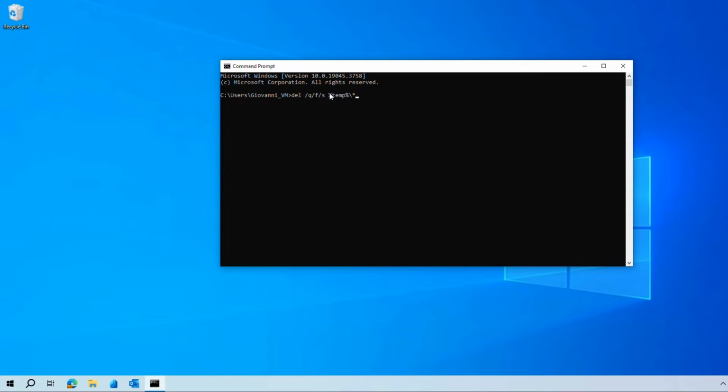Now the %temp% is the directory where we want it to search for and delete files. The backslash asterisk is basically any file within that directory. And the /q /f /s is basically looking to try and delete those files if they aren't being accessed and used by the operating system. Now if we hit enter,